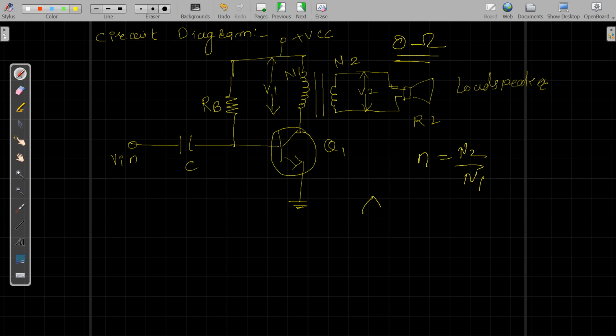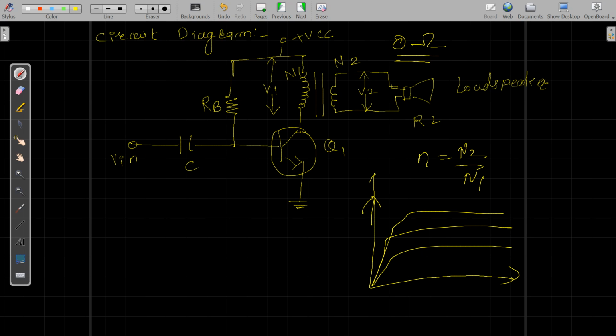That means if you remember, we draw the DC load line something like this. You have these transistor characteristics, and then you draw the DC load line with some slope, that is 1 by VCC by RL, right? Now as you don't have winding resistance, which equals 0 ohm, the straight line will no longer have some slope, rather it will be a vertical straight line. This will be your DC load line for the transformer coupled class A power amplifier.